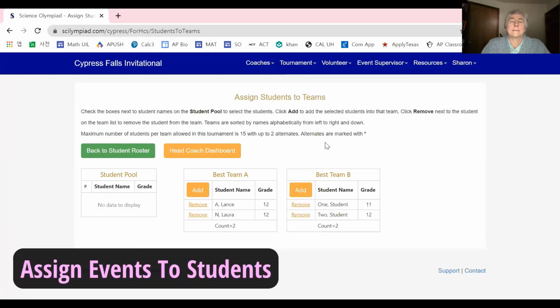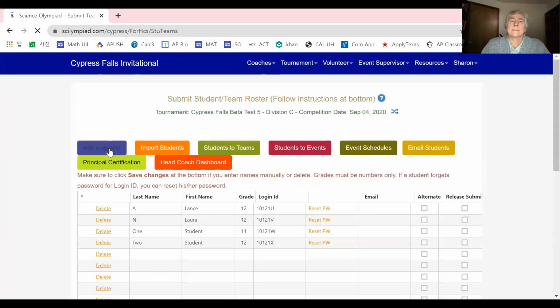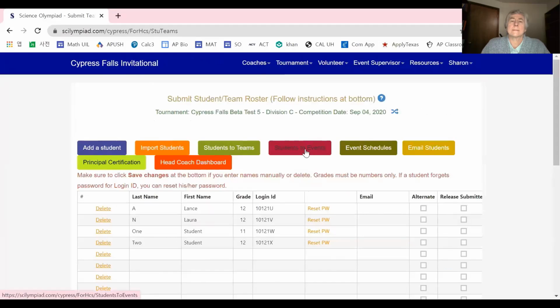And so now that we have our students in the teams, now what we need to do is to assign them to their events. And in order to do this, first we need to go back to the student roster. So to go back to the student roster, just click this back to student roster button right above the student pool. So if I click here, voila, we're back to the school roster. And then click this plum colored button, should I say, that says student to events. So if I click here,